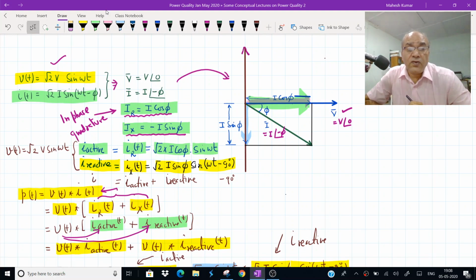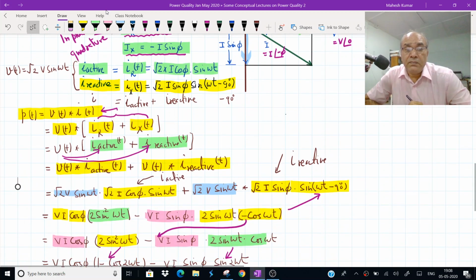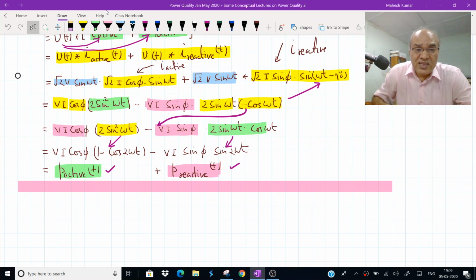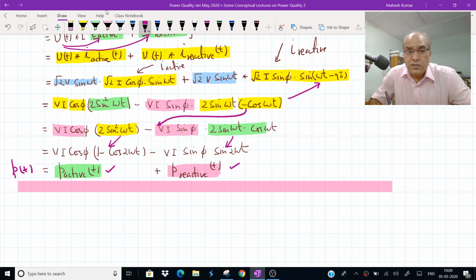We also have derived the relationship for power by decomposing the current into active and reactive components. This is a very fundamental study, and we justified why they are called active and reactive components. So P instantaneous is called the sum of the active and reactive components, which have other components as a function of the frequency, as well as the power factor cos phi and the RMS value of the voltage and currents. So some other fundamental discussions I will continue in the next class.